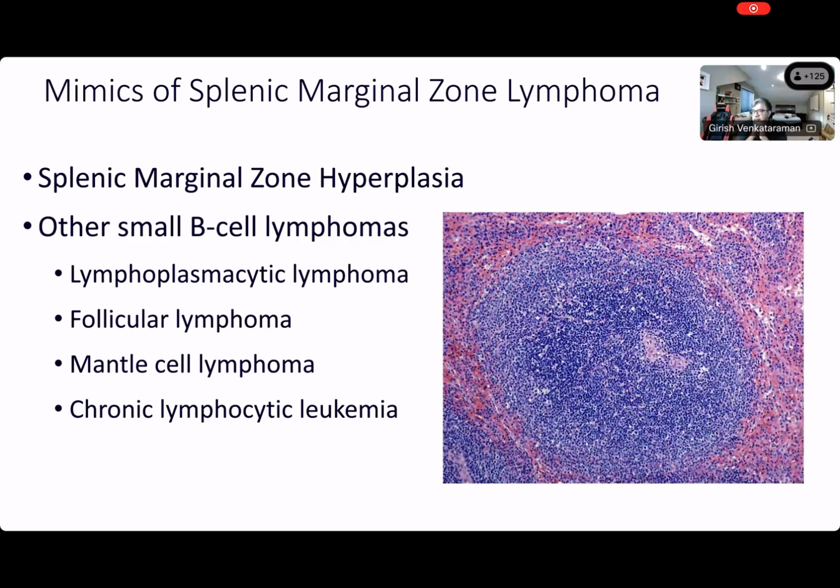I'm showing you something on the right. Now I'm looking at that picture. Can I really make a guess what this could be? Could it be any one of these alternate lymphomas? Yeah, it could be, but I cannot make a call. But what I can tell you is there's a lot of red pulp involvement by something over there that kind of catches my eye.